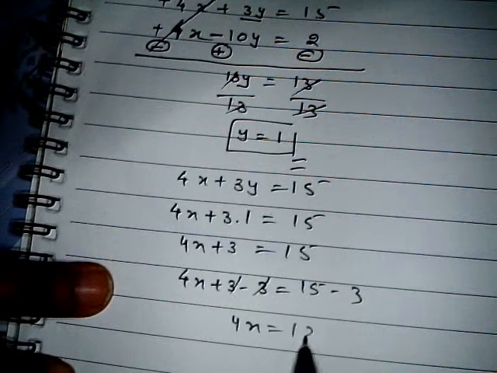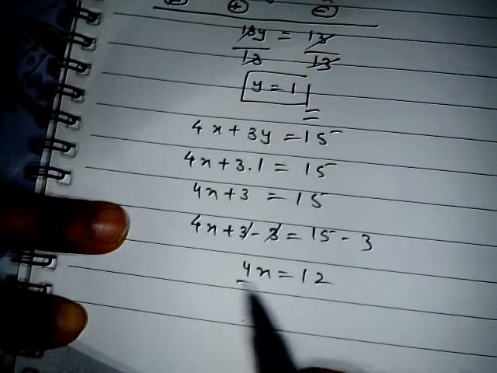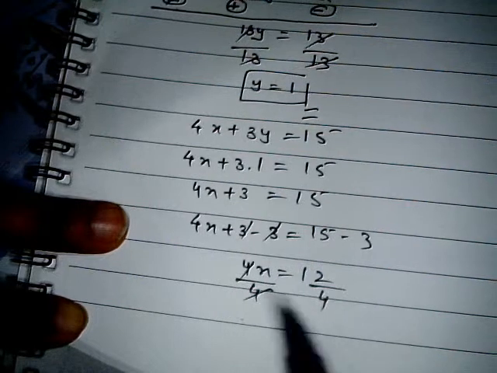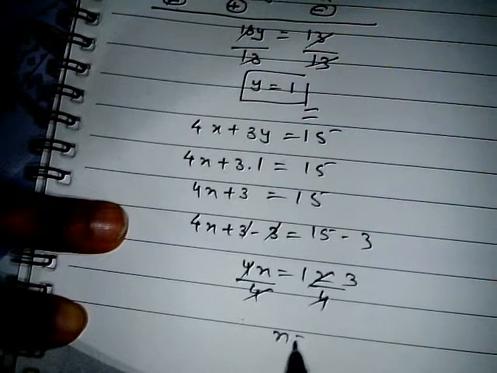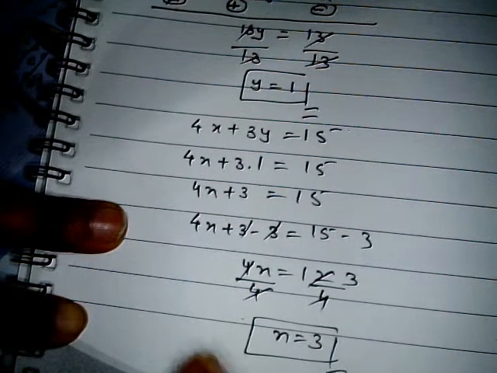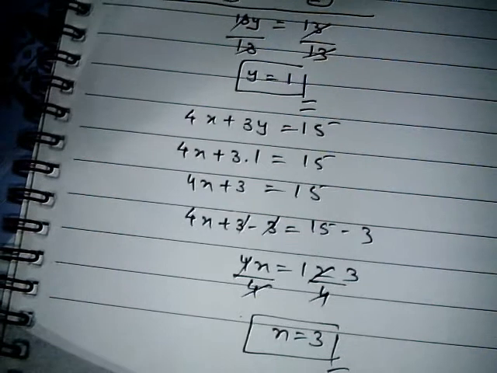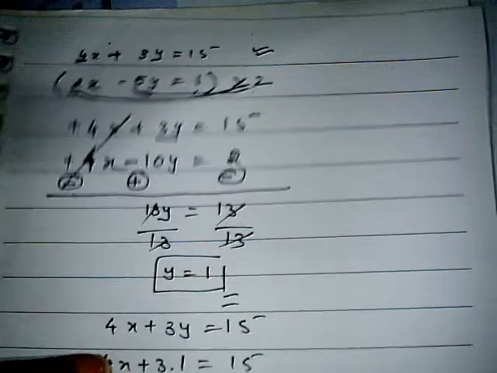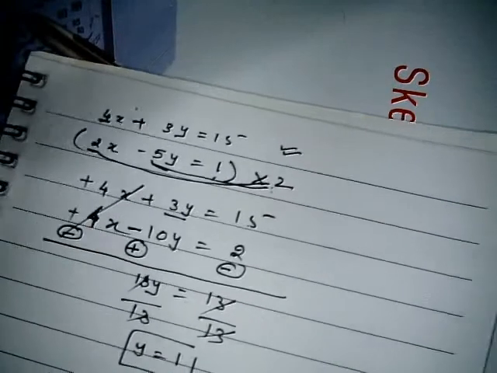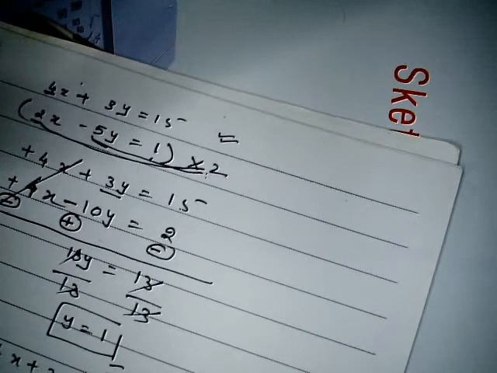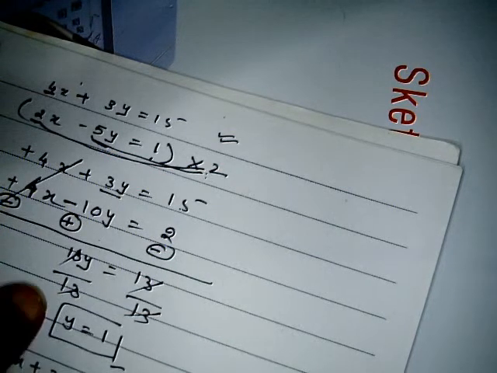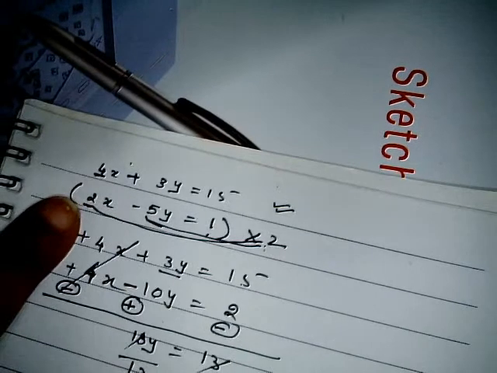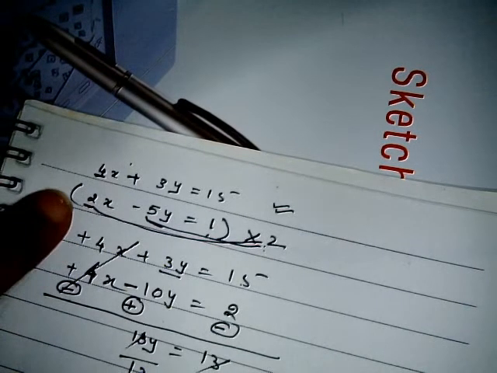So the answer is not going to be different. The only thing is the procedure will be different, and in this procedure you need to be a bit careful. It is not compulsory to make the coefficients the same by multiplying the coefficients of both equations. This way also we can make them the same. Like over here was 4, here was 2. Instead of multiplying the cross coefficient, we can multiply one equation to make it the same. So here I multiply this equation by 2 and make it the same.